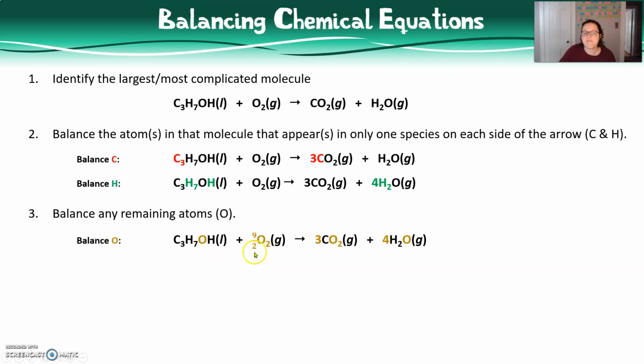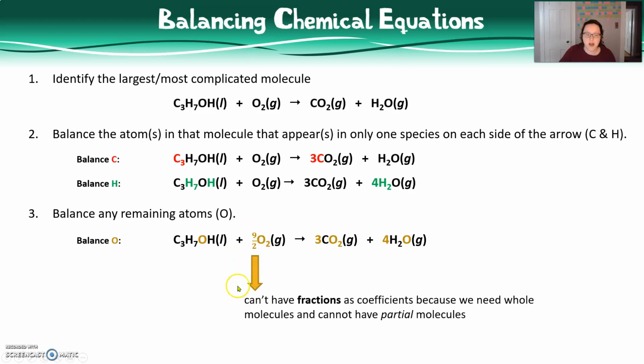A coefficient of 4 would provide 8 oxygen atoms, but since 1 more oxygen atom is needed, then 4.5 oxygen molecules are technically needed. This can be represented by a coefficient of 9/2. However, fractions are not allowed in balanced chemical reactions, as we can't physically have just half of an oxygen molecule. We need to have whole number multiples of the molecules involved in the reaction. So, at this point, we want to start over, but this time start with 2 molecules of propanol instead of